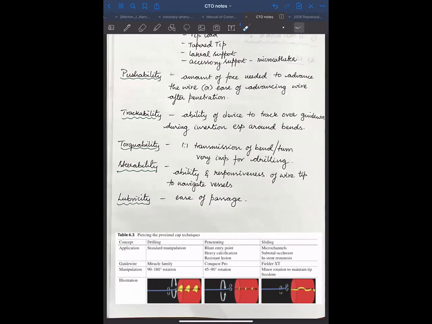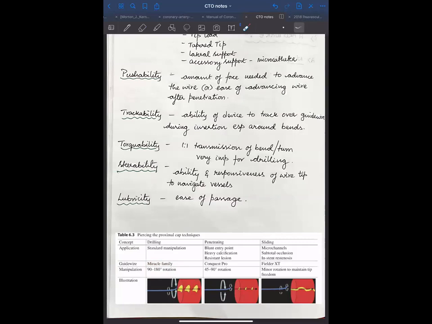So for the drilling technique, concentrate on this rotation. We use a rotation of 180 degrees, 90 to 180 degrees. So there is a lot of rotation, and also anterior advancement with force after the rotation. As we can understand, the drilling technique will create a distal cap as it goes. The importance of this cap I will come to in subsequent pictures.